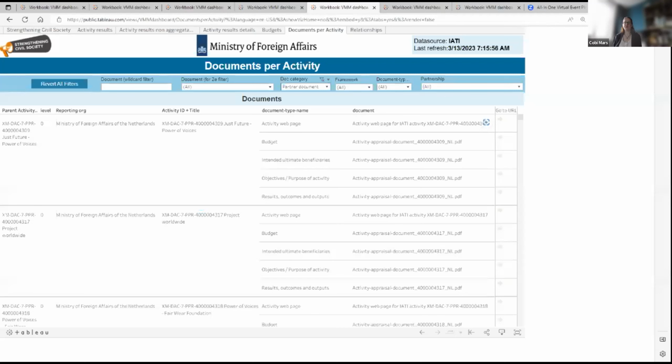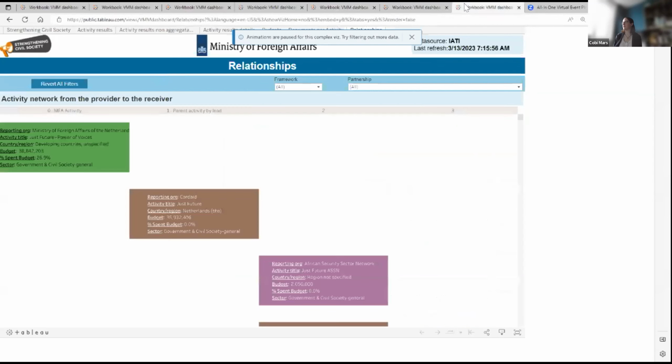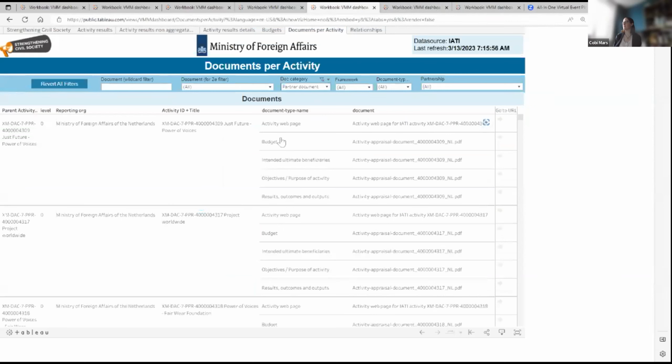And this dashboard also allows me to select these reports. It's a little bit going slower than expected. I have it open now, sorry. But here you can select, if I'm, for instance, interested in just baselines, I can type baseline and I will get an overview of all baseline reports published.